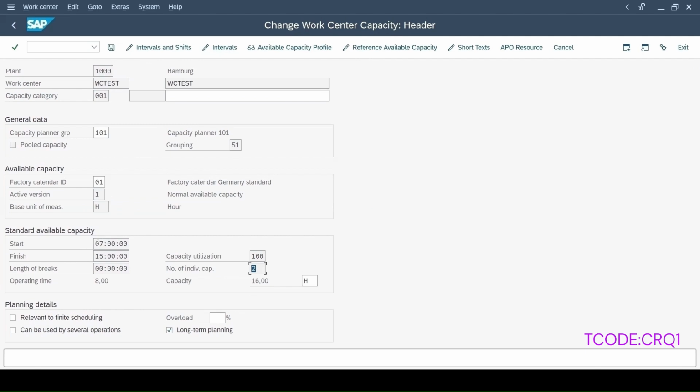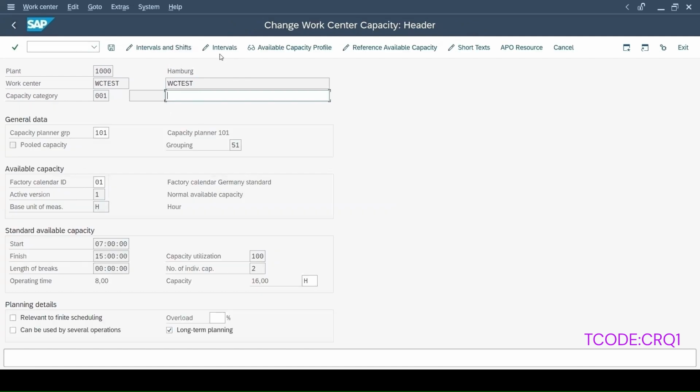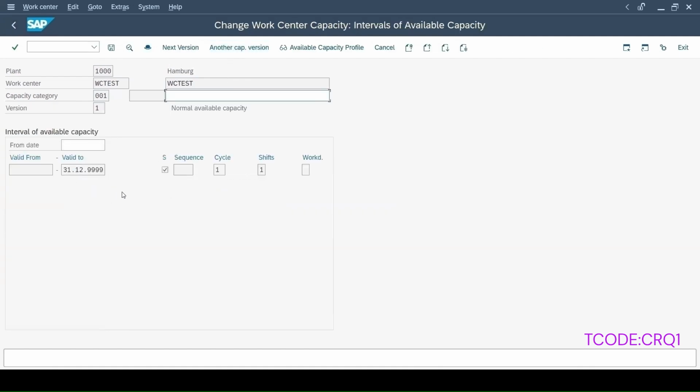the plant, if it is starting from 7 a.m. and the finishing time, and what is the interval or the break which we are giving, and how many machines are used and how much will be the total utilization. So all these things will be maintained, and you can click on the other things which will give you further details. Okay, different shifts are there, then we can maintain these things. Even the interval, you can see that only one shift is maintained, but if there are 2 or 3 shifts,